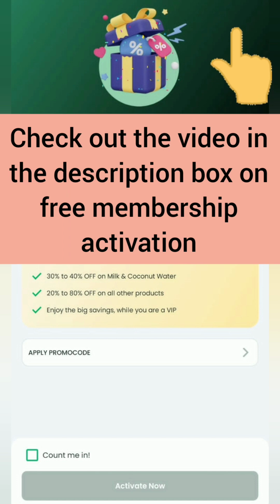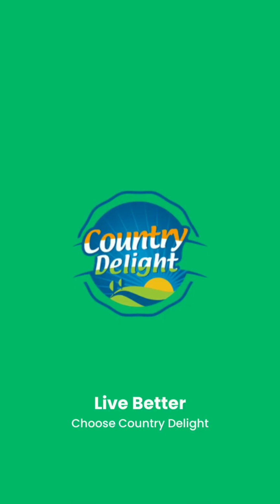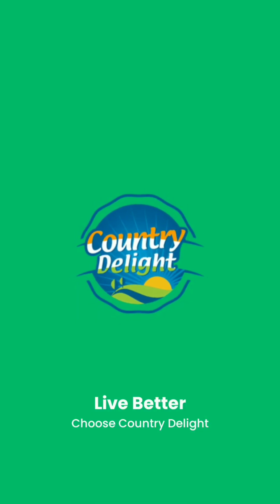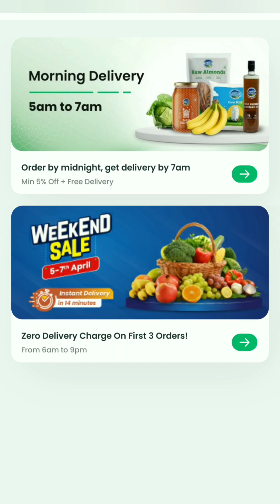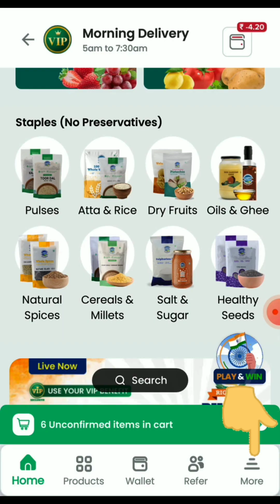Now coming back to getting a refund on Country Delight for your rotten fruits and veggies delivered home. As you see in the picture, once you go to the Country Delight app, you'll find the screen appearing in this way. You can click on morning or instant delivery. Once you click, you've got to click on more. After clicking on more, you see here